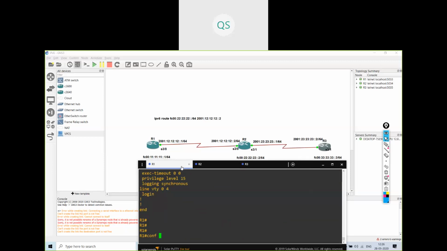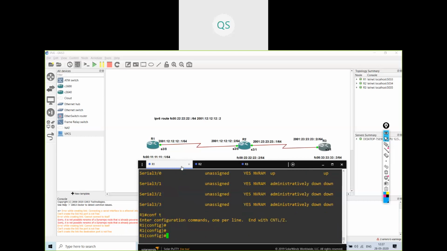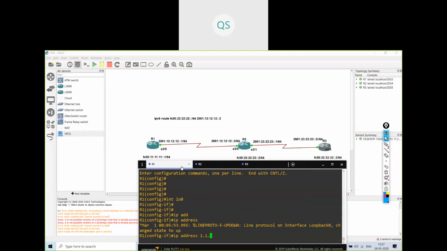Now I will configure the access list, but first I will configure OSPF so that the connectivity will be there. Show ip interface brief. There is no IP address configured. I will go to config terminal, interface loopback 0, ip address 1.1.1.1.